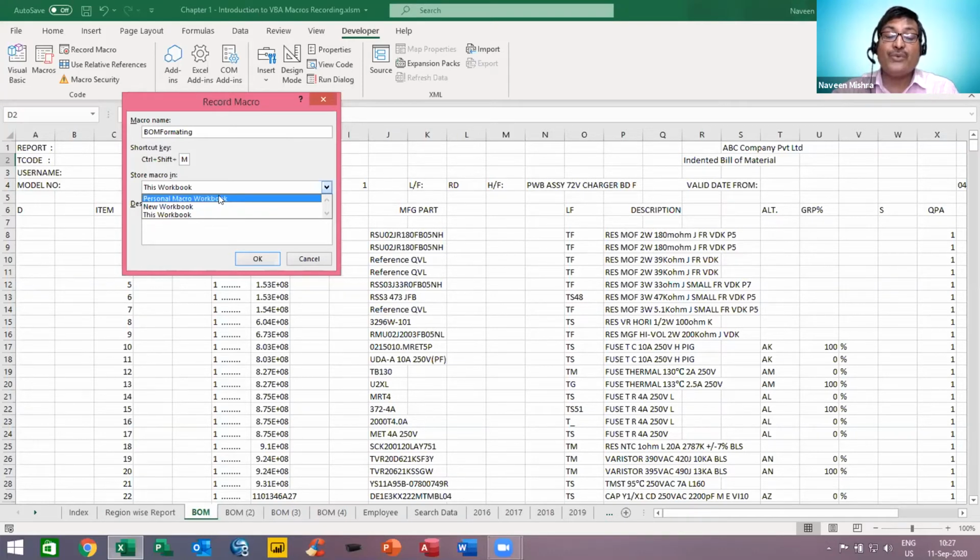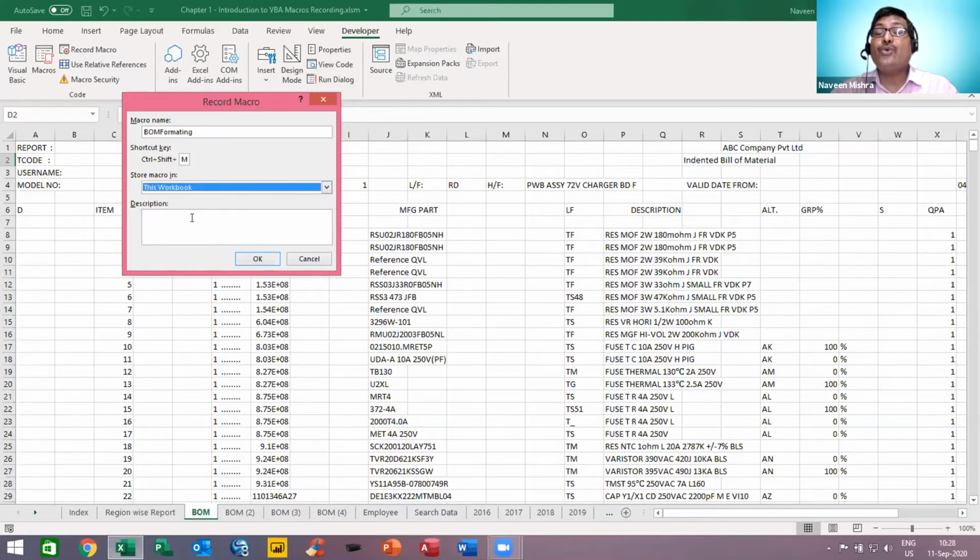Your macro will open automatically whenever we open the Excel file, right? In This Workbook, you have to manually open your macro file to execute the macro. Now, what about the third one? The third one is New Workbook. New Workbook is generally used for trigger kind of macros.